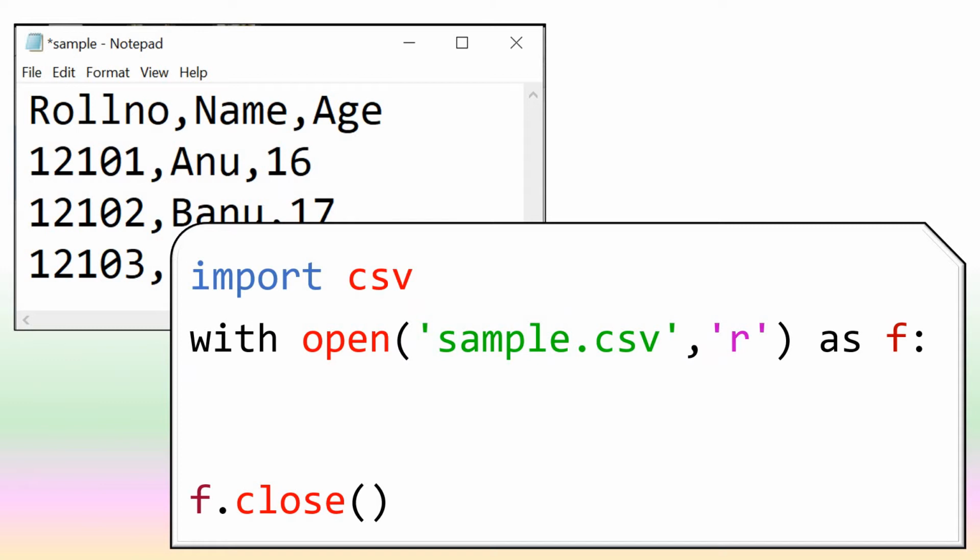Here I have a CSV file in Notepad with the name sample.csv. In order to read the data in this file into the Python program, the first step is to import the csv module by writing import csv. Second step is to open the CSV file. Here I have used the second method of the open function: with open("sample.csv", "r") as f: